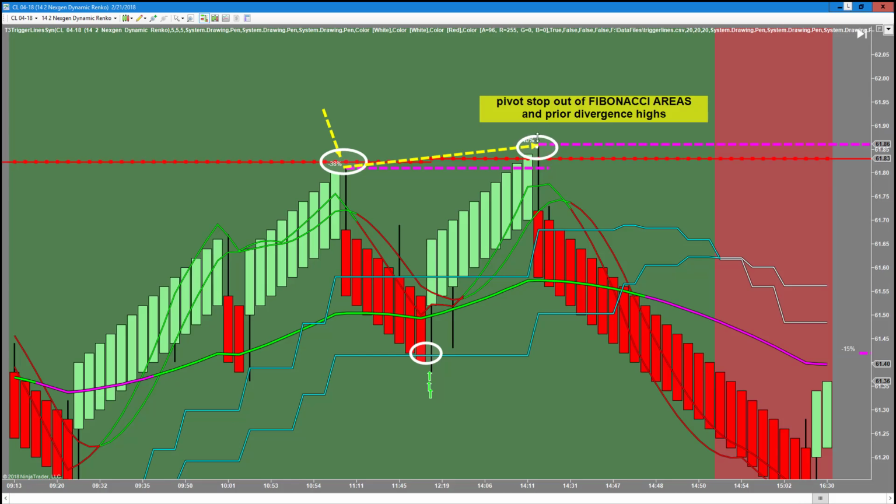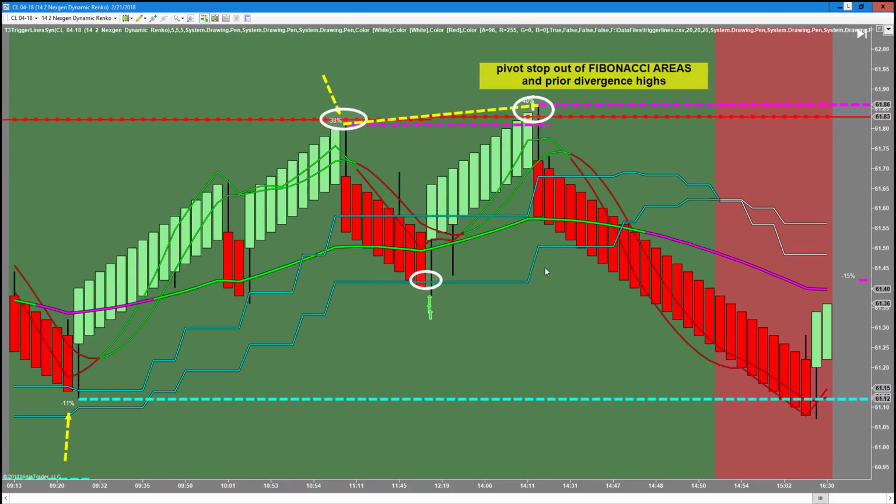If it breaks and turns blue, sure, we'll keep going long. If not, we're going to use the multiple lines in the same area. Sometimes it's 2 or 3 Fibonacci areas in the same area. We're going to use prior divergence highs and lows as entry spots. Obviously, if we're at a spot for going short. And the other thing that we'll be able to use it for, and as I kind of back out just a little bit,